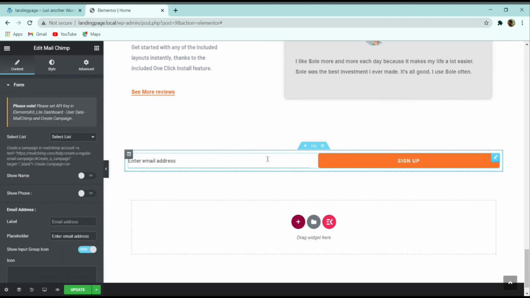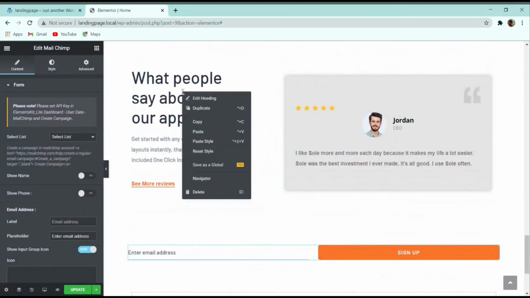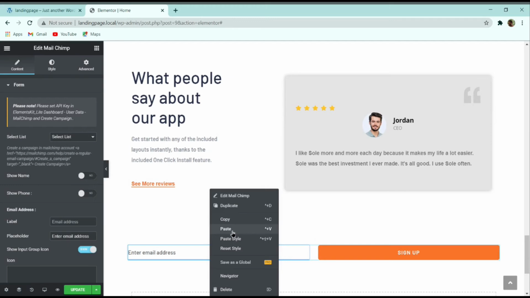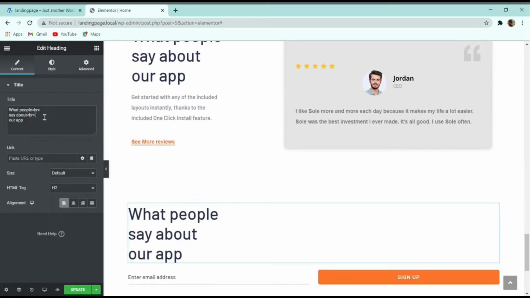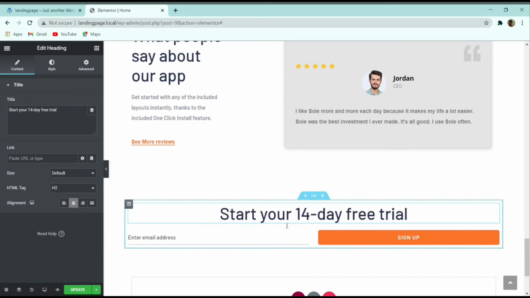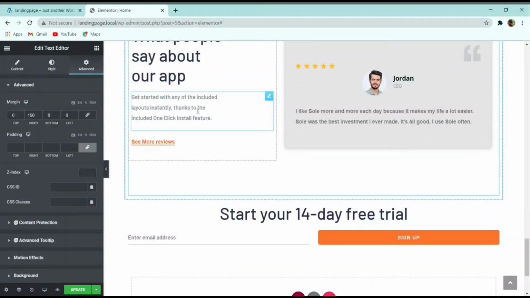So here you can see that I have pasted that one, and first we have a text title over here. So basically for this title we can copy this one from here. Let me copy it and paste it in our section, and in this title section I will paste the text, and alignment I will make it center align. And then here you can see that at the bottom we have a small text over here. So this small text is similar to this paragraph text over here.